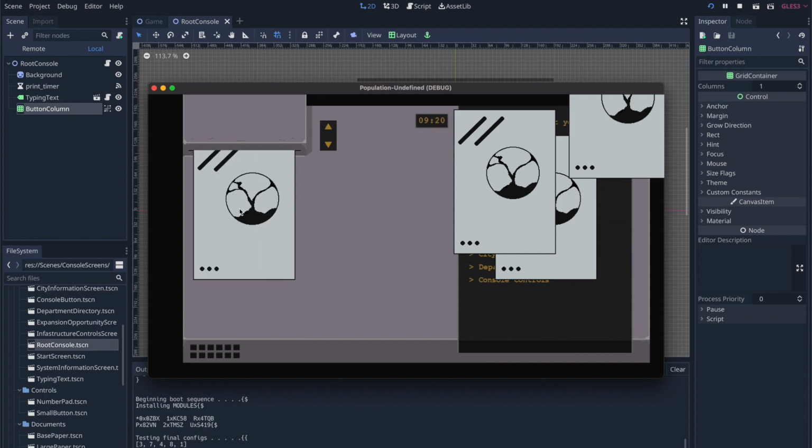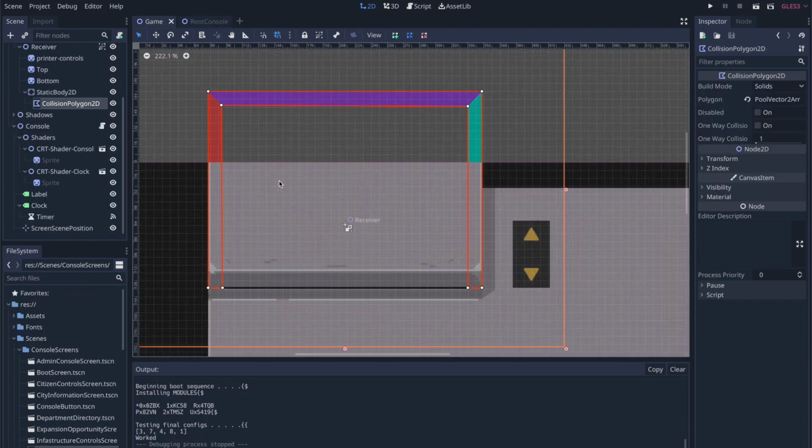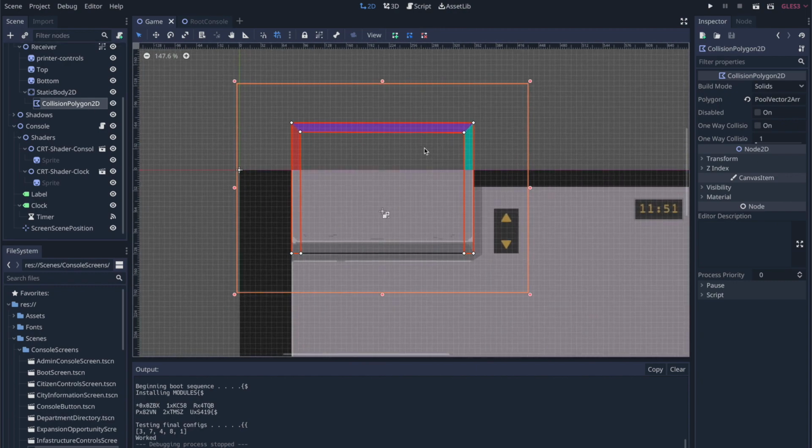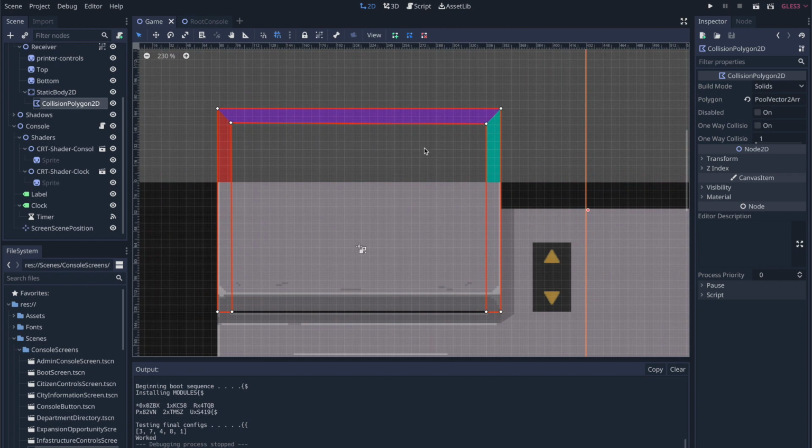But for the printer itself, it's actually just a sprite that covers the paper to create kind of the effect that you're sliding the paper into something 3D. And then on the back of it, there's this collision shape, just kind of a rectangle wrapped around the back, so that the player can set the paper inside of the printer whenever there's a system in place for retrieving